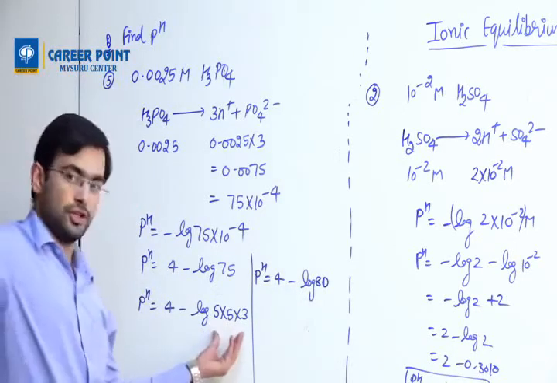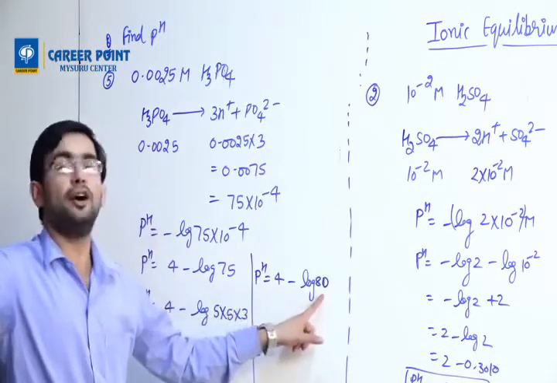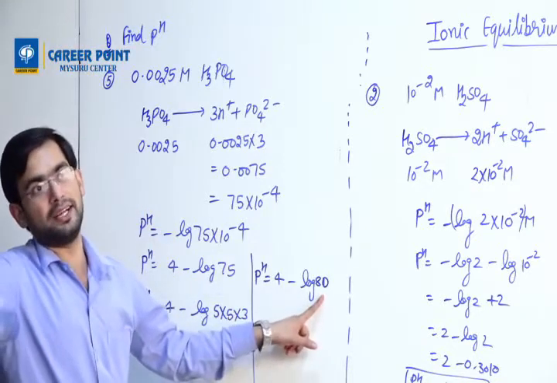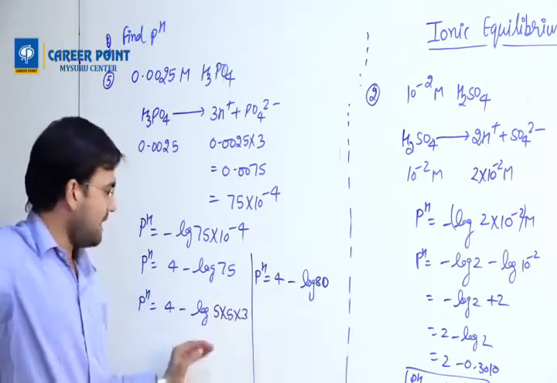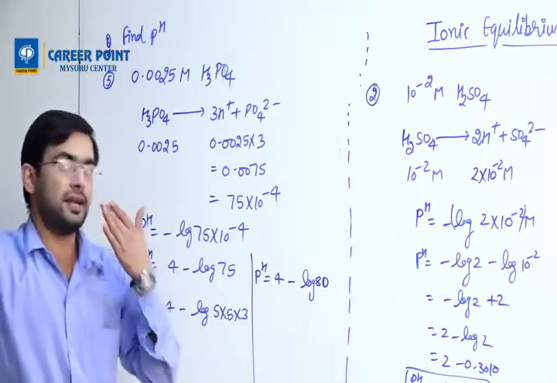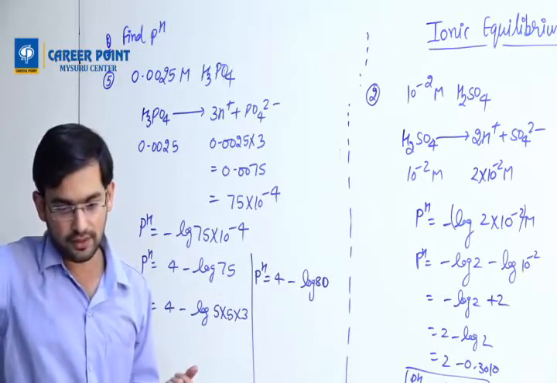If you don't want to do this, you can make it as 80 or 81. If you do it for 81, then it will become 3 power 4. Much easier calculation. Any method you solve, you will get a very near and very accurate answer. So whichever is comfortable to you. Okay?